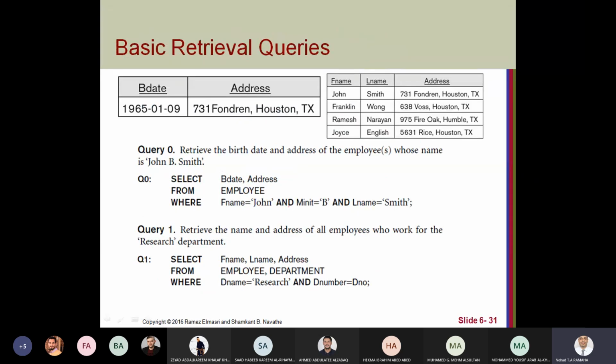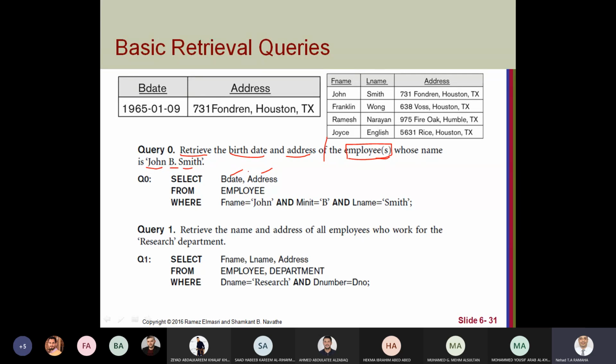Just some examples. In this example, retrieve the birth date and address of the employee whose name is John B. Smith. So we have only one table to get the data from, employee.